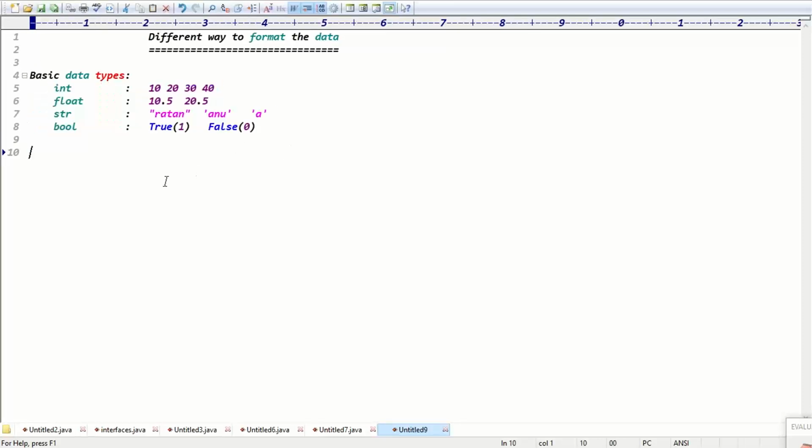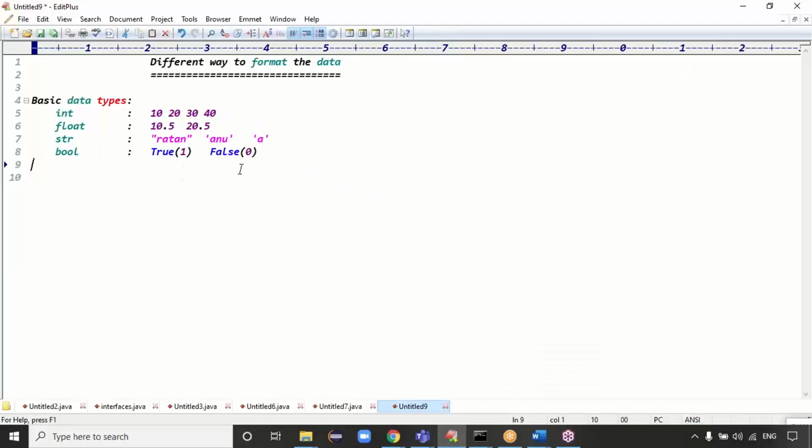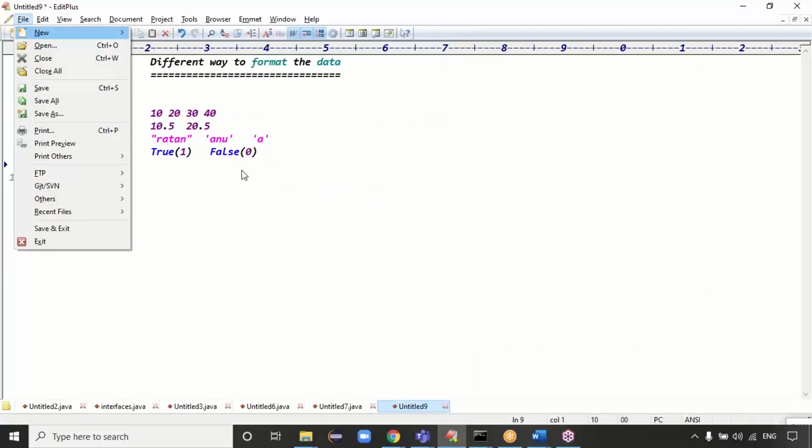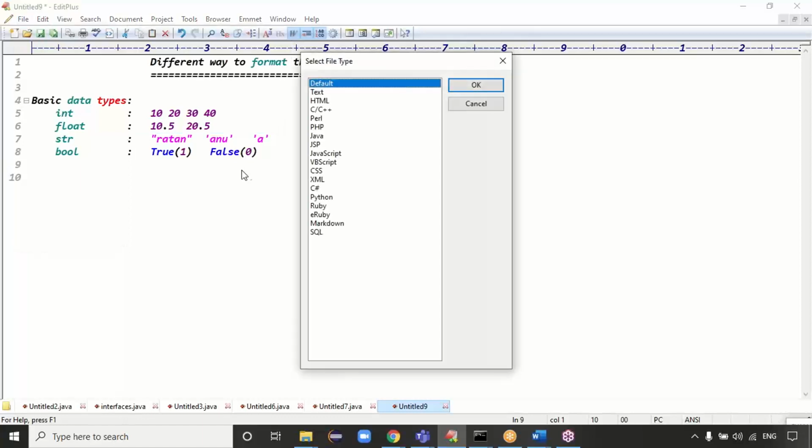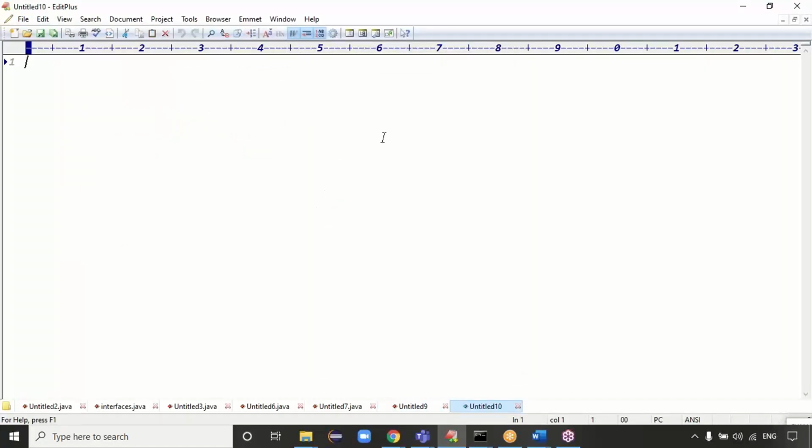Guys, yesterday we covered different ways to run the code: the python.exe file, the IDLE approach, and the EditPlus approach. Today can I do practicals using the EditPlus approach? This is my EditPlus software, guys. Go to the File menu, click on New. In New you find HTML, CSS, Perl, Java, Others, right? Simply select Others. In Others you can select Python, click on OK. This is called the Python prompt, guys.